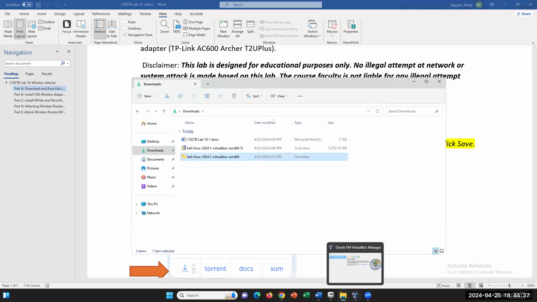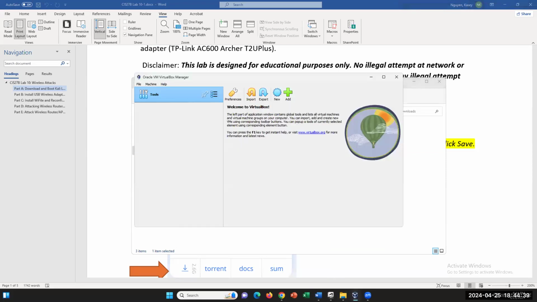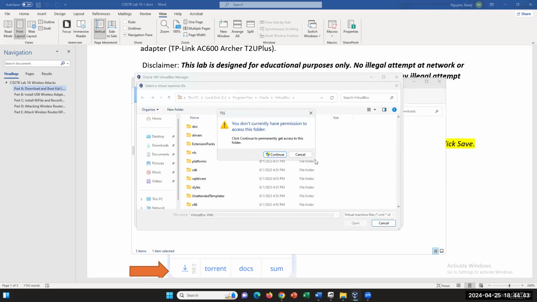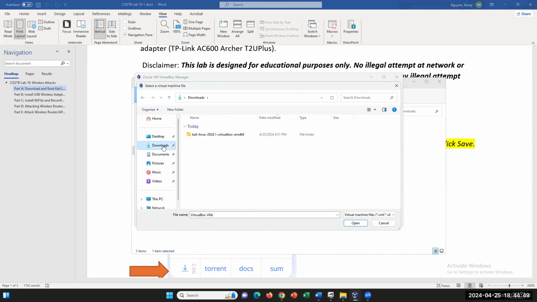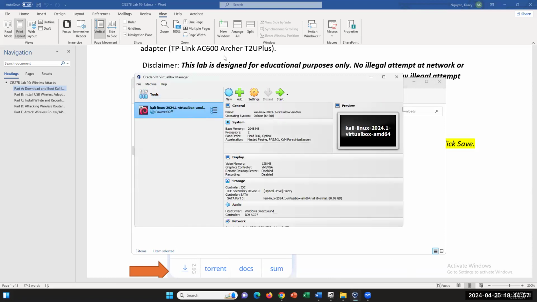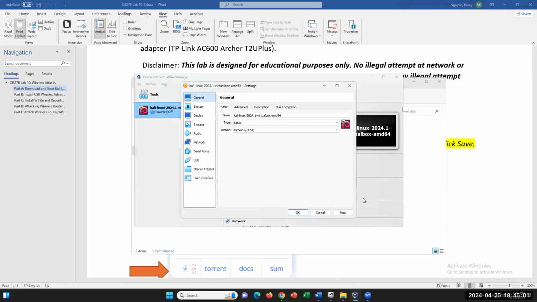We need to change the setting for your VM. So open up your VirtualBox, click add. If you see this message, just hit cancel, go to your downloads folder, find the unzip folder, open its subfolder, load your VBox file. Don't click start yet. We need to go and change the setting because we want our system to be a